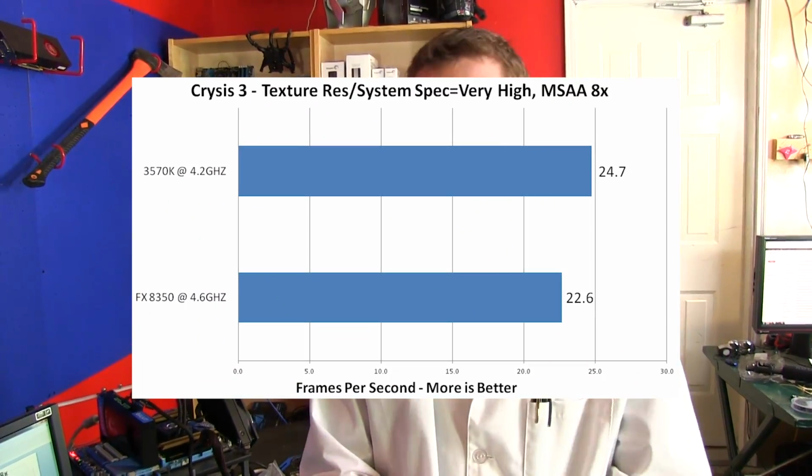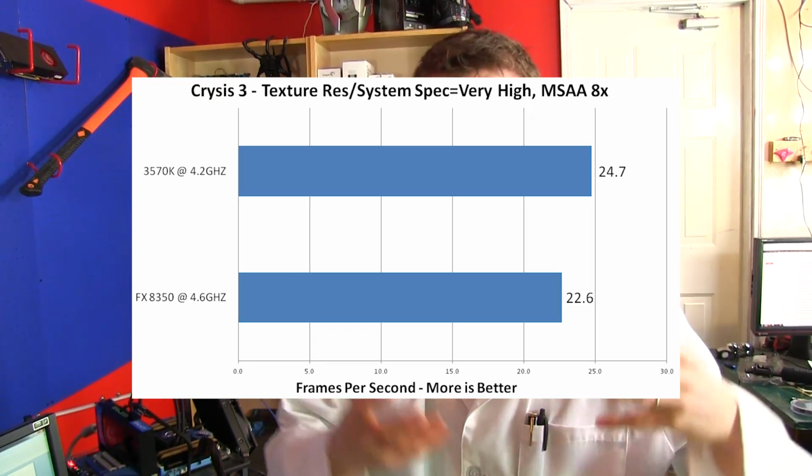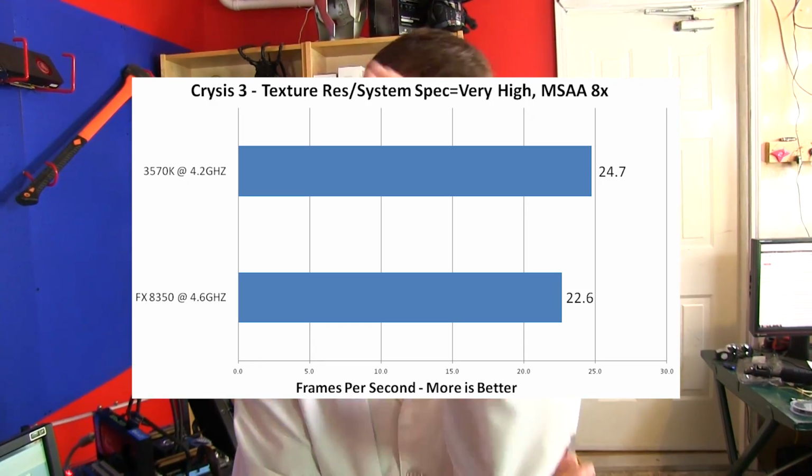So this is one of the ones where there's been a lot of discussion about how Crysis 3 is heavily multi-threading aware, and I've even seen proclamations that the 8350 just wrecks the 3570K. But those seem pretty isolated, and most of the data out there seems to support our conclusion, which is that the 3570K ekes out a victory here. It's not by much, it's only by about 10%, but for all intents and purposes, they are very close